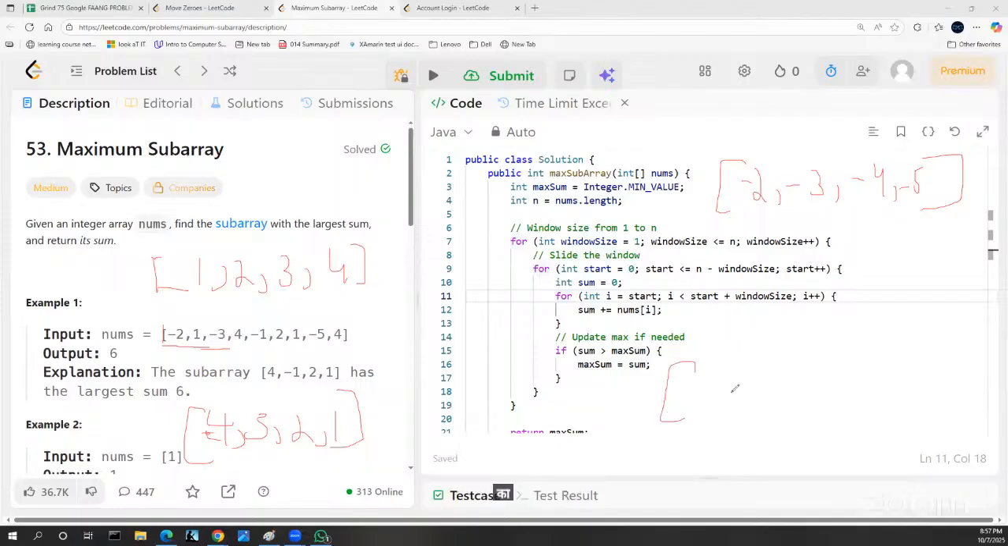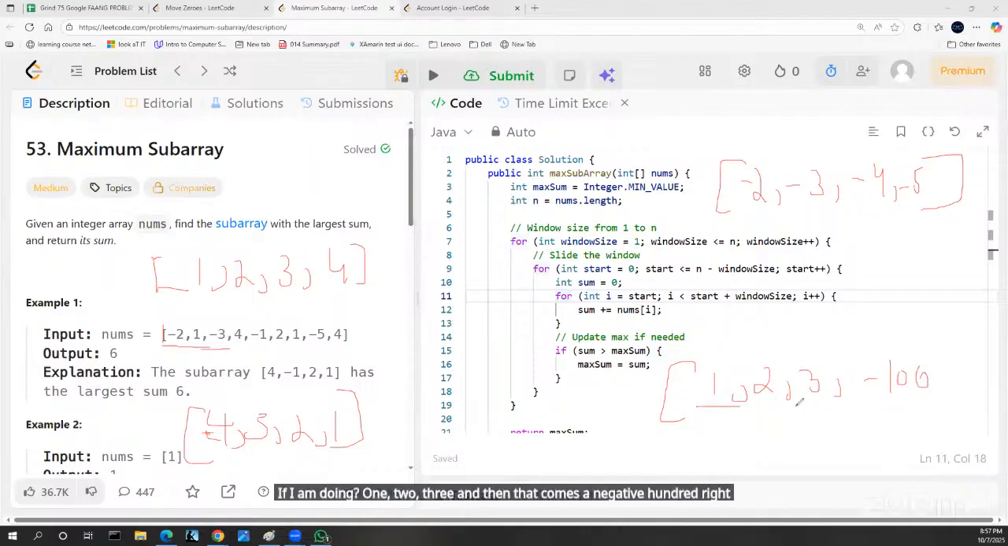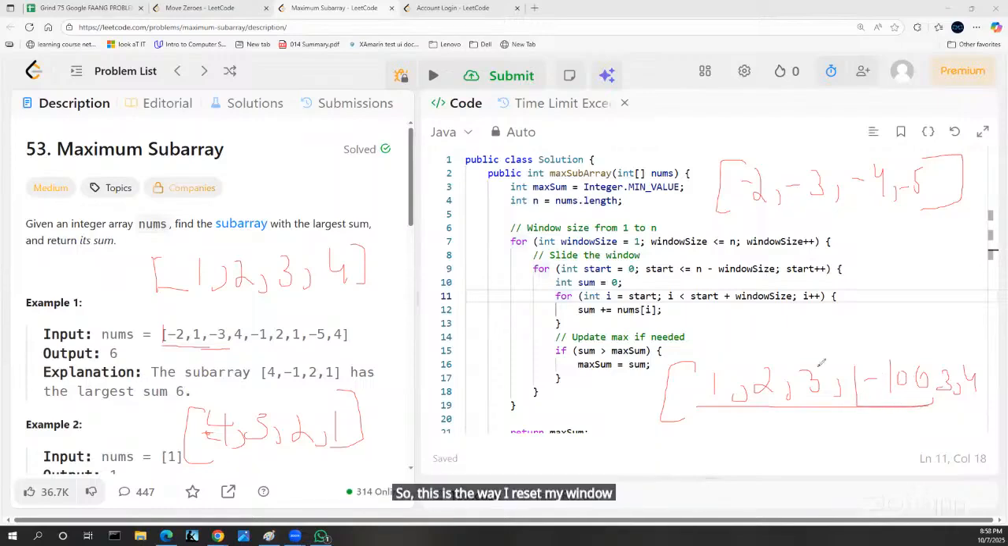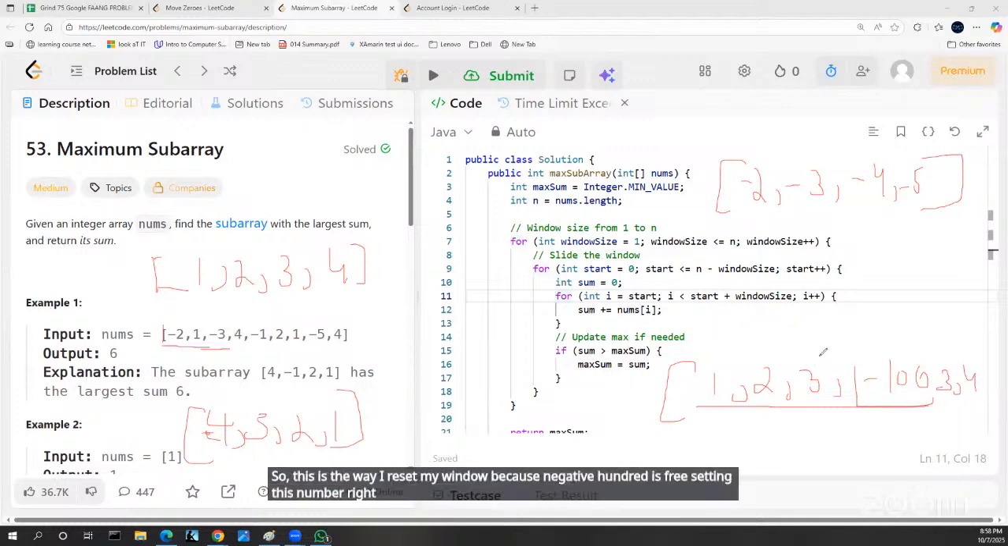For example, if I'm doing 1, 2, 3, and then there comes a -100, right? Since this is an array, and unless I go through these, I cannot get to the good part on the other side of -100. So this is where I reset my window, because -100 is resetting this number, right? So I move to the next positive window and I keep moving. So as long as my window is increasing and